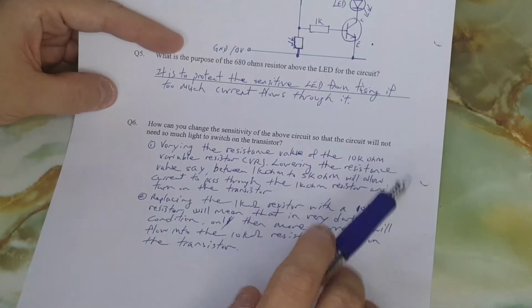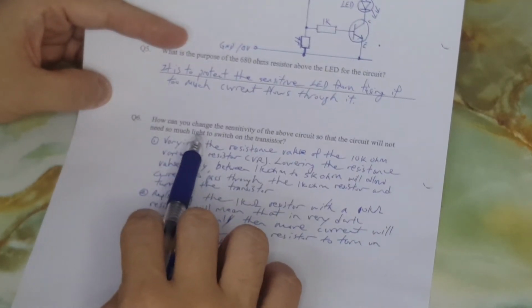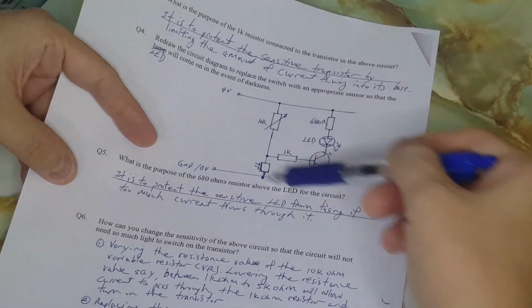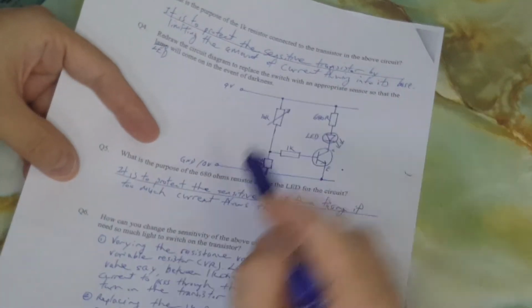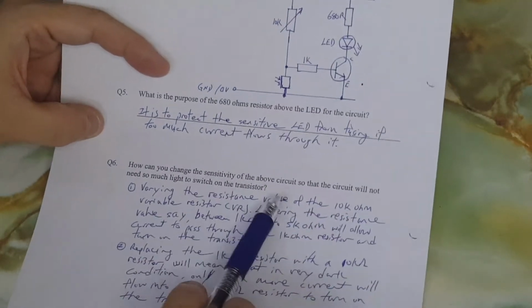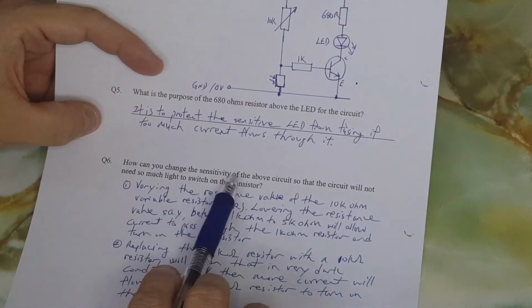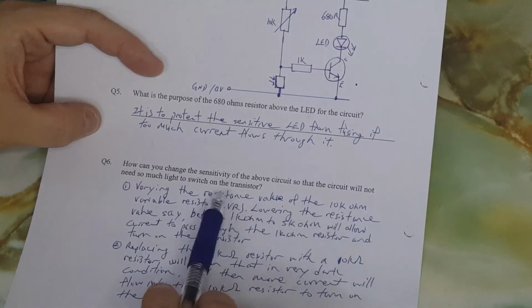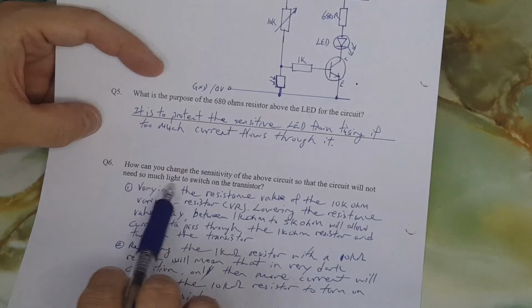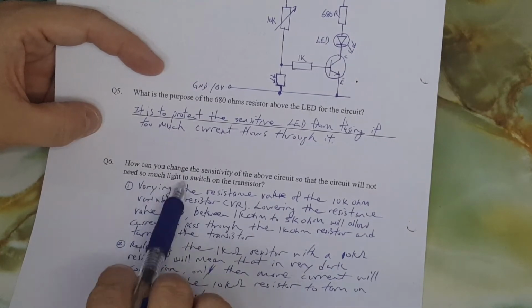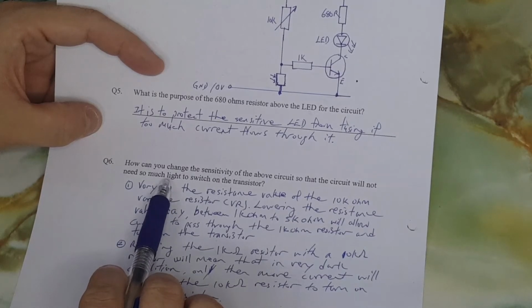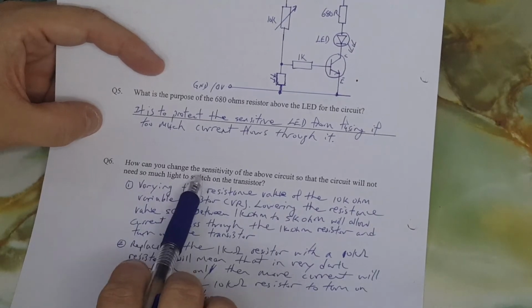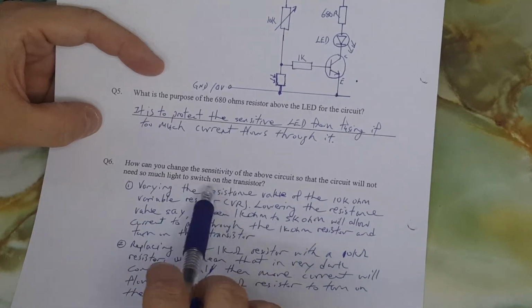Alright. So moving on to the last question, question 6. There are at least 2 possible ways of varying the sensitivity of this circuit here so that the LED will light up, alright, when not so much light is needed. When you first read this question, how can you change the sensitivity of the above circuit so that the circuit will not need so much light to switch on the transistor? Your interpretation could be when it is about evening time, alright, dusk, D-U-S-K, when there's not much light, and possibly during sunset, and it's going to become dark. So that transition from bright to darkness will address this condition in order to switch on the transistor to turn